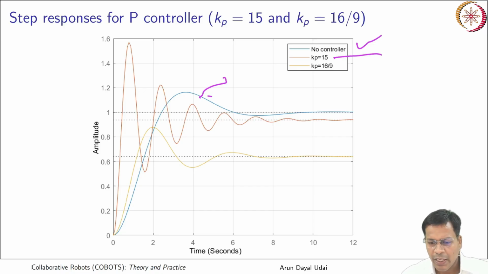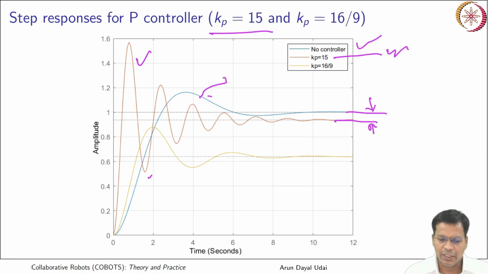So you see kp is higher in this case, kp is very high, it is 15. Because you have increased the stiffness gain, your system becomes very much oscillatory in nature. It goes very much like this, although it dampens out very near to the actual desired value, that is the step input. So it comes very near to this, but that is the steady state error which is there.